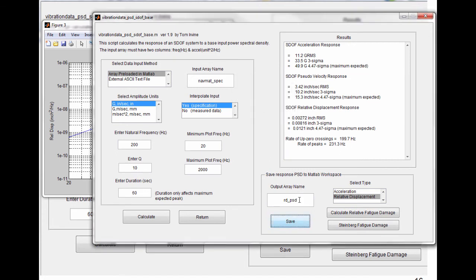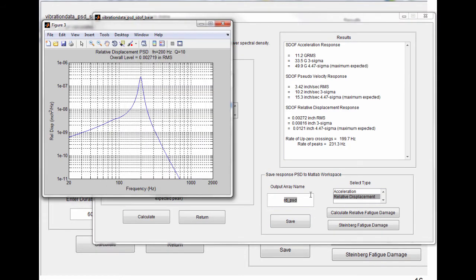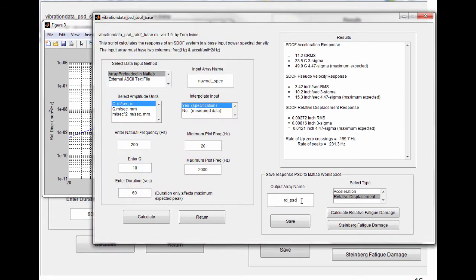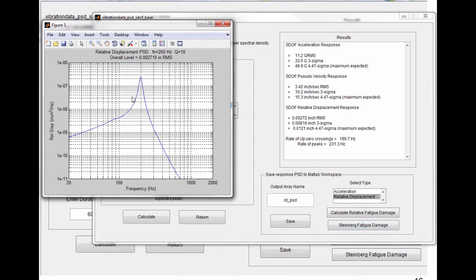Okay, now at this point it's saved into our MATLAB workspace. In other words, this blue curve is. So now we can do a Steinberg fatigue damage calculation. The way we're going to do that is we're going to use a method called the Dirlik method to calculate the equivalent rainflow cycles for this relative displacement PSD. Then once we calculate those rainflow cycles, we can apply that to a Miner's type calculation using that relative displacement versus cycle curve that we've already established